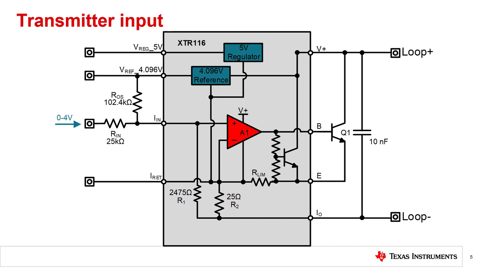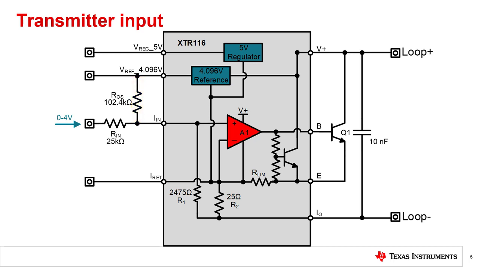As we saw in the derivation slide, the current gain of the transmitter is set by the internal resistors of the device. If the gain of the transmitter is different than 1, the input current needs to be scaled correctly in order to get the correct 4 to 20 milliamp at the output. The gain of the XTR116, for example, is set to 100 by R1 and R2. This means the input current needs to be scaled to 40 to 200 microamps. Depending on the output range of your sensor, you can add a resistor from the 4.096 volt reference to IN to create a current offset.